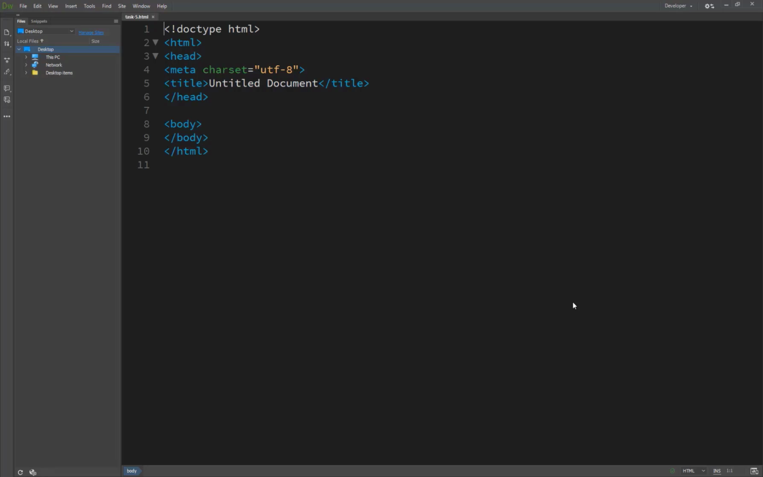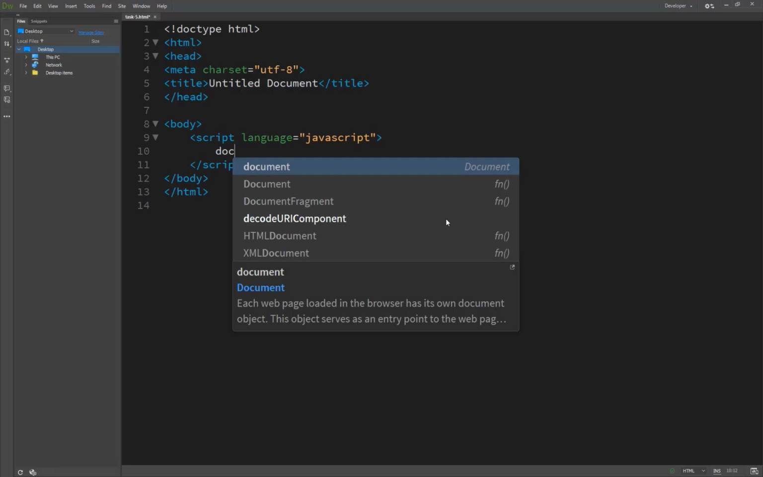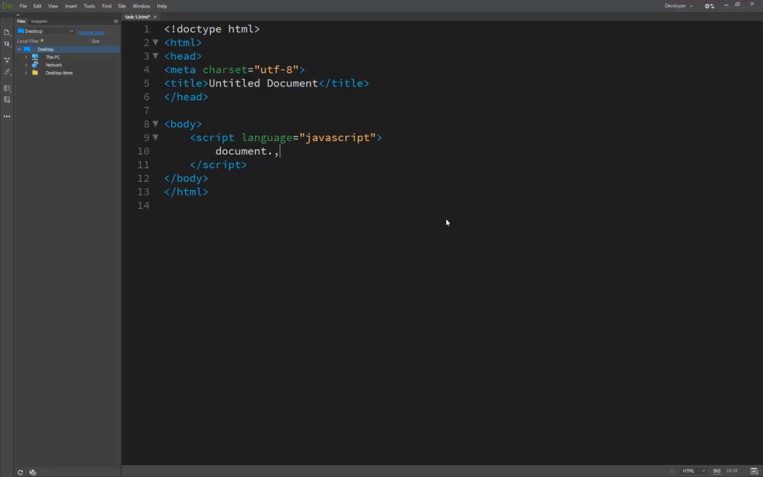So JavaScript provides you two types of comments. Basically, one is a single line and the second one is a multiple line. So here we go to see the result. We are typing our script, then language is JavaScript, and inside the script we write something like document.write, and then we are just inside the